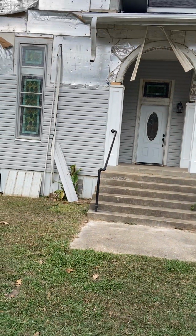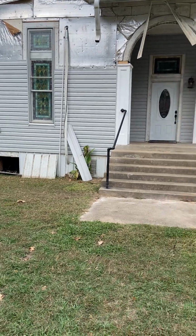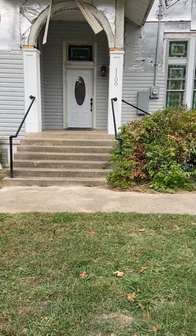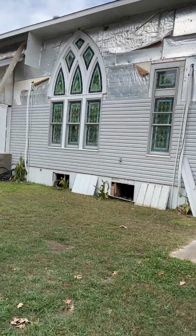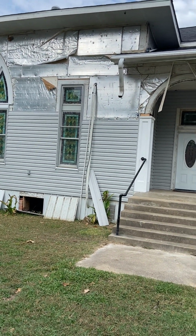Hi y'all, I'm going to go ahead and do a retake of this video from yesterday. I think I could have done a better job. Anyway, the vinyl siding just has to be finished in the arches and the front side here, and then they're